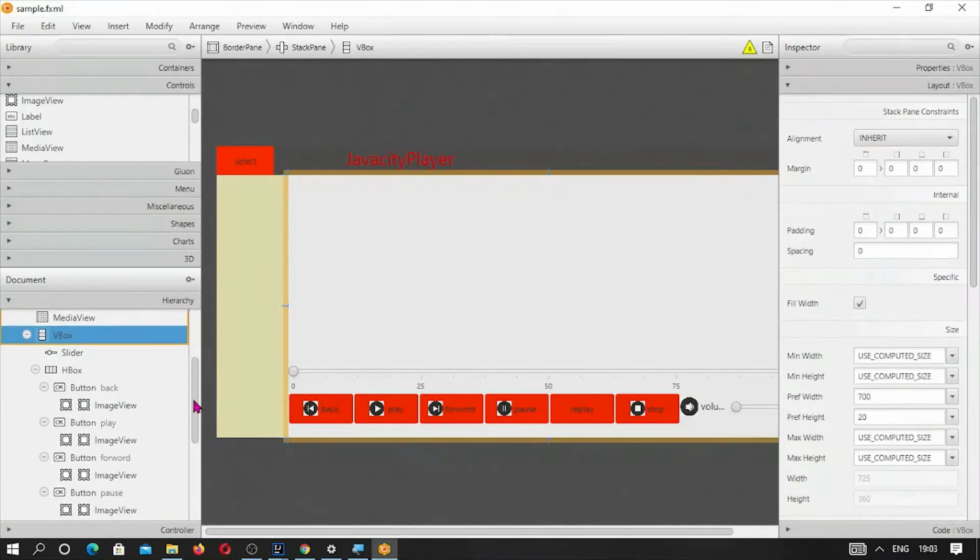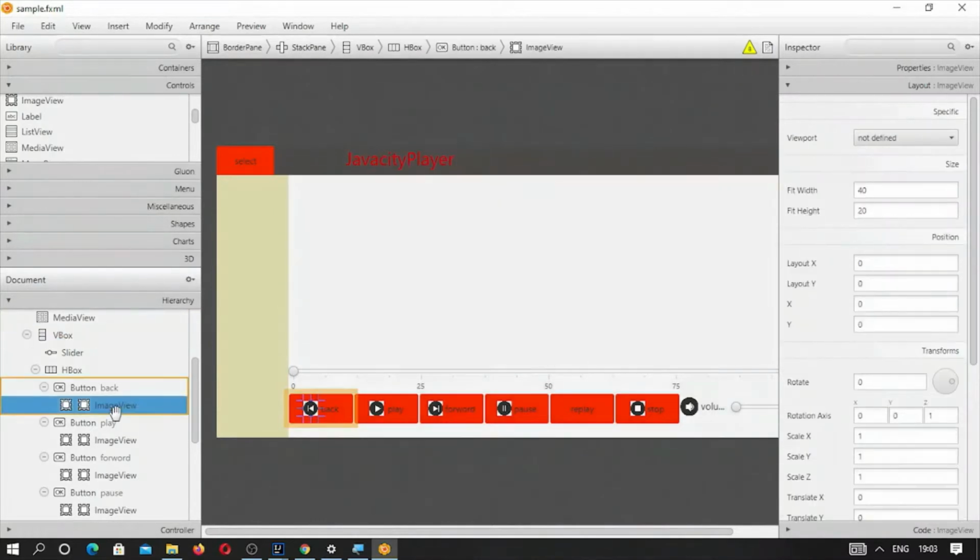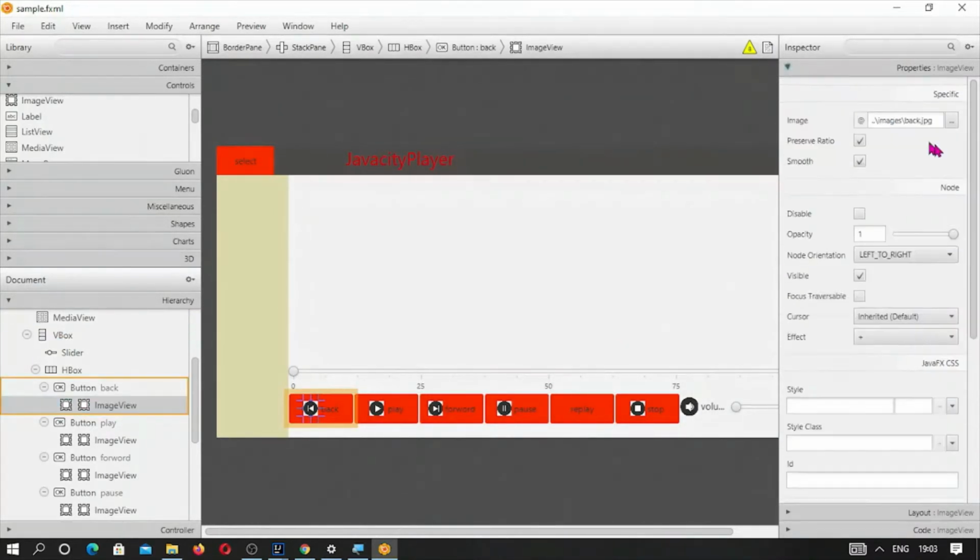We have already taken reference from this sample.fxml, and you can see here in image view, you will see the image property of this one, and here we can select a path.